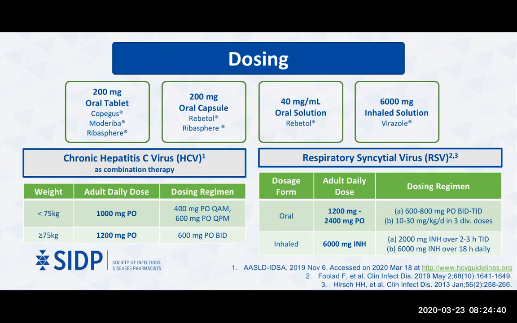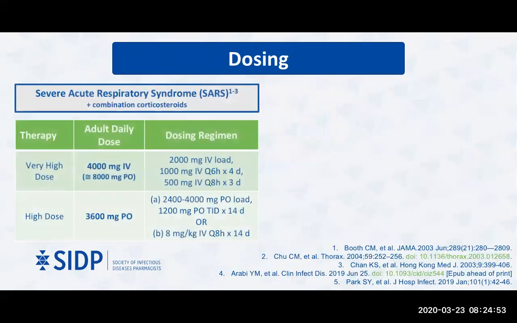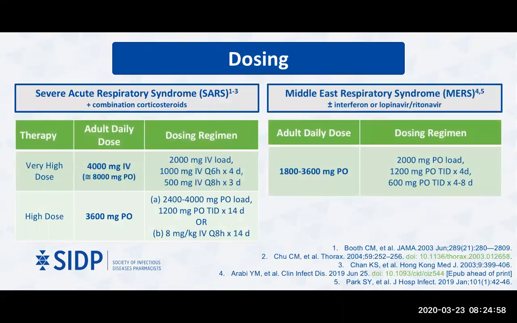Now, it's important to keep the oral adult daily dosing in mind because that will be how we relate it to some of the other dosage regimens that have been used for coronaviruses in particular. So looking specifically at severe acute respiratory syndrome, or SARS, and Middle East respiratory syndrome, or MERS, in these particular cohorts of the studies that have been published, usually the ribavirin was given orally, sometimes it was given IV. Frequently, it was in combination. With SARS, it was in combination with corticosteroids, and MERS, it was usually in combination with either interferon or lopinavir